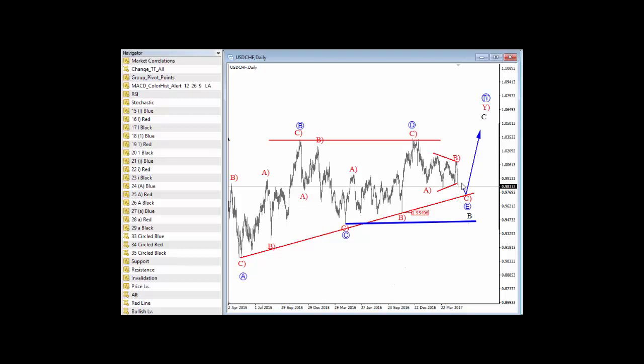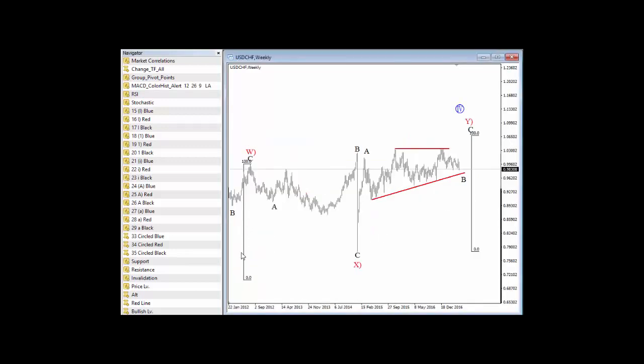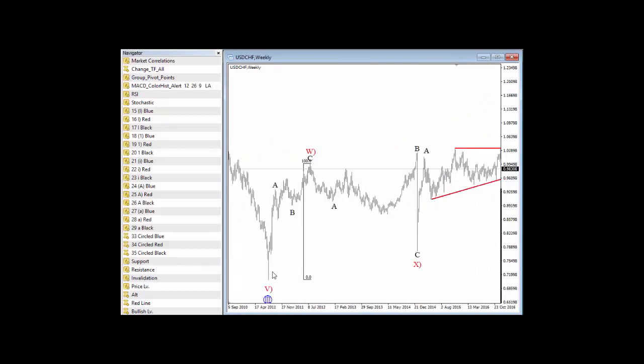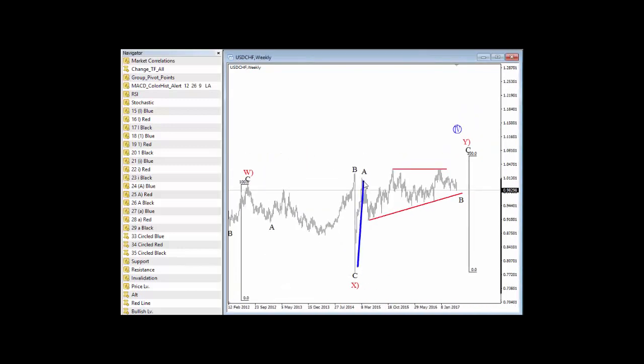So we have room for much more weakness before this whole structure, this whole triangle count, would be invalidated. Now this wave B, the triangle wave B, is actually part of this ongoing corrective recovery from the 2011 lows, which can be made in 7 legs. First 3 legs, then you have a wave X, and then another wave A up, now sideways price action for wave B, and then you can expect wave C to the upside. So you can see that this fits very nicely in line with our view on euro dollar.